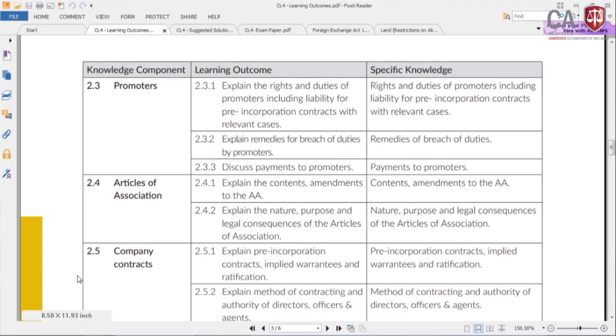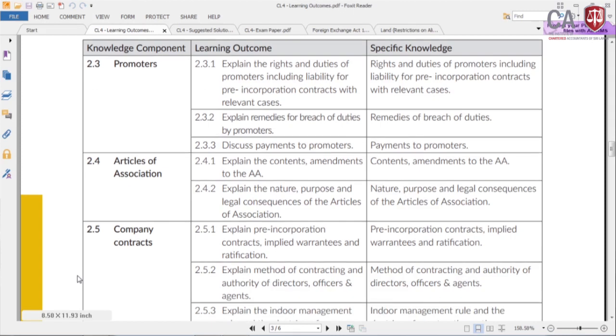You need to now have the learning outcome to explain the contents and amendments to the articles of association, having specific knowledge on those. Explain the nature, purpose and legal consequences of the articles of association, and have specific knowledge on the nature, purpose and legal consequences of articles of association. Then on the company contracts,